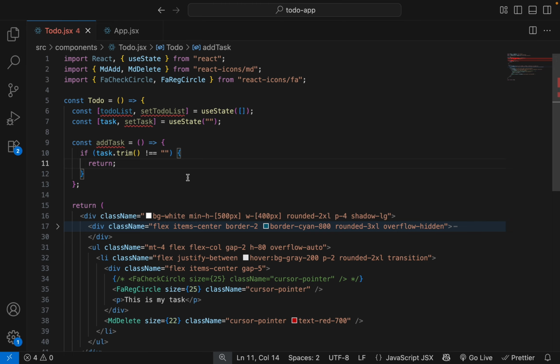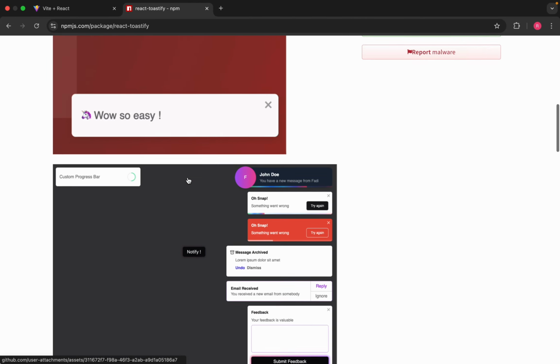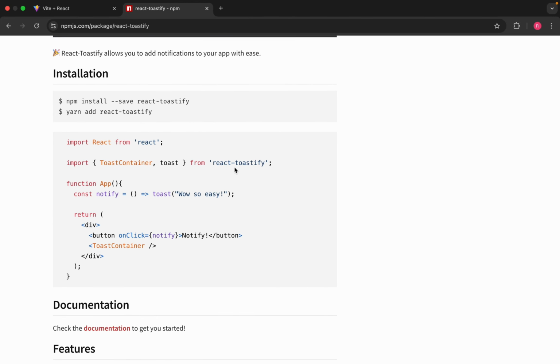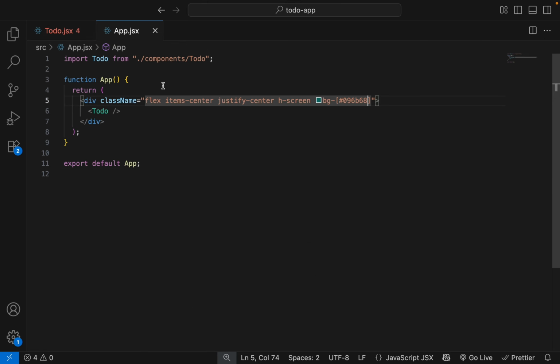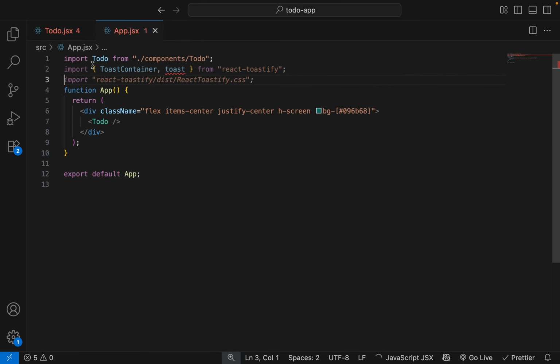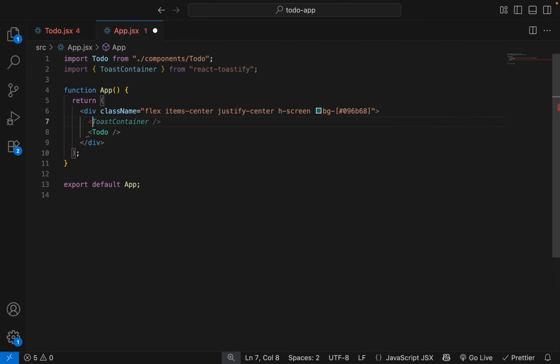Now import ToastContainer into the App component and add this.